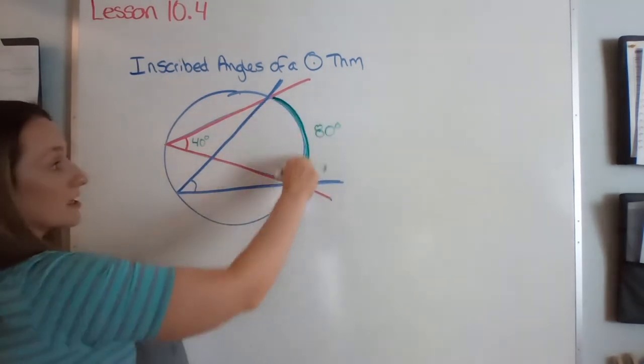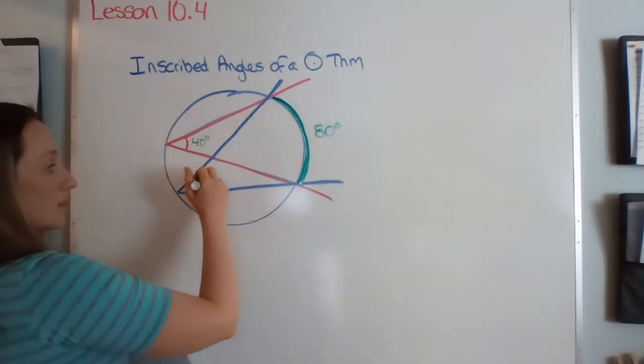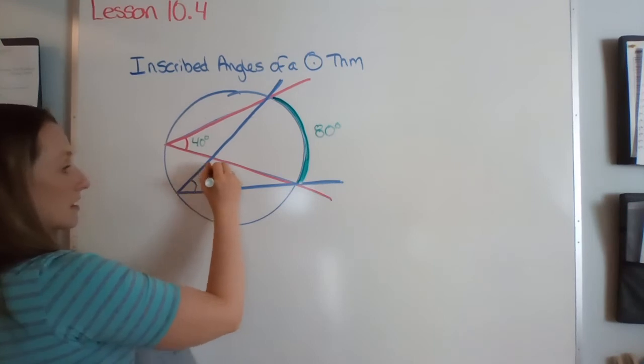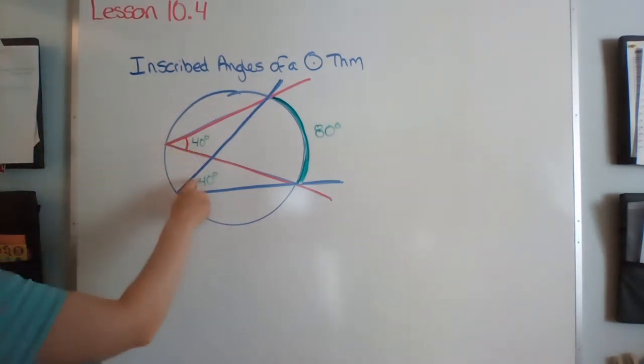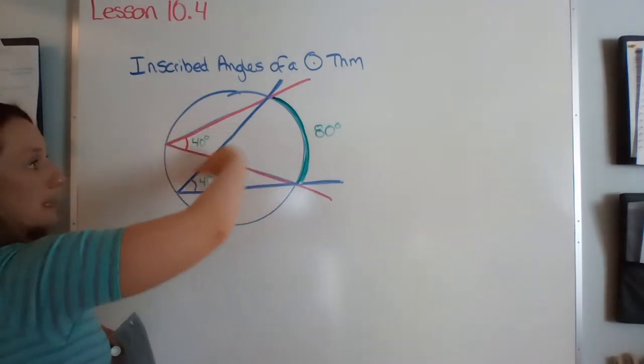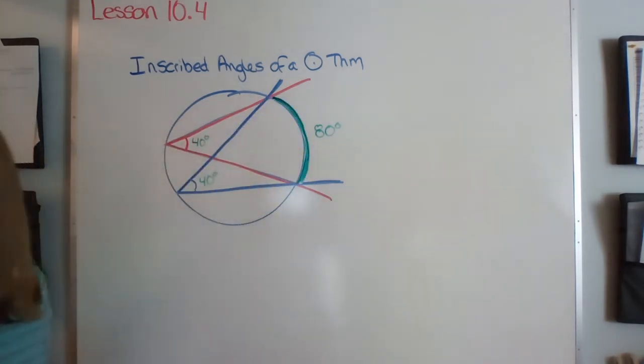If this arc is 80 degrees, what's the measure of this angle? 40 degrees. So this theorem is just illustrating that if you have two inscribed angles that intercept the same arc, then those two angles have to be congruent to each other. Okay. All right, the next theorem